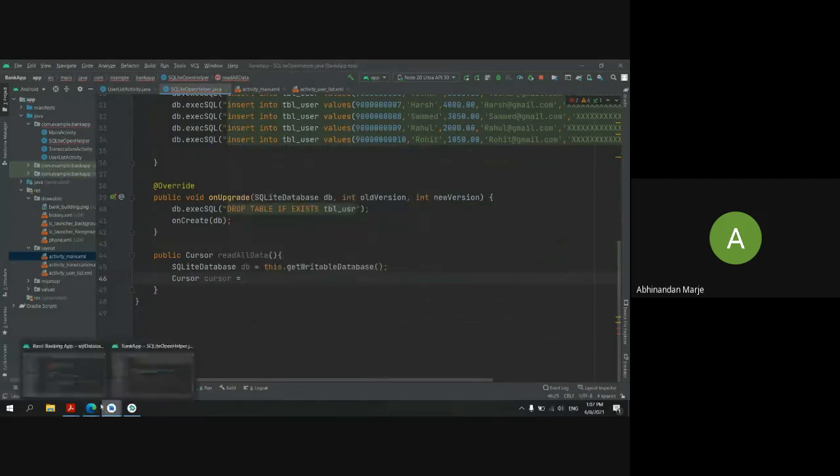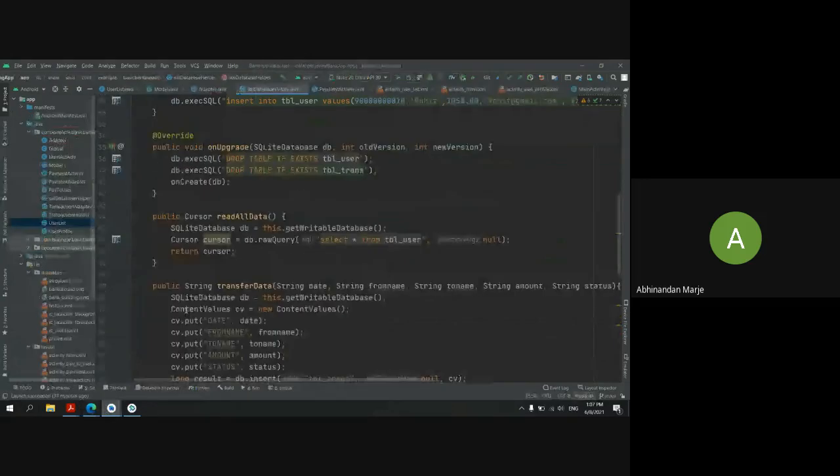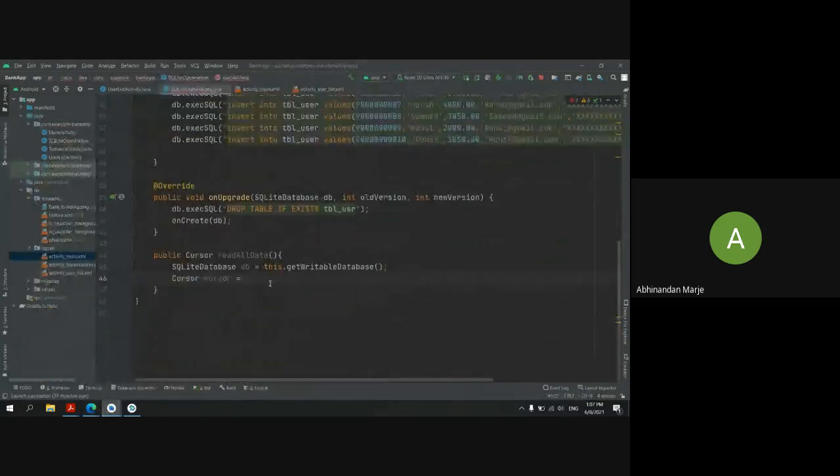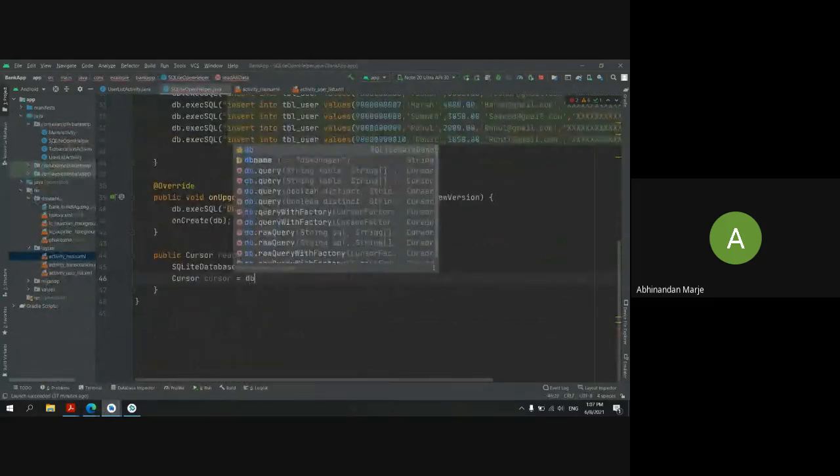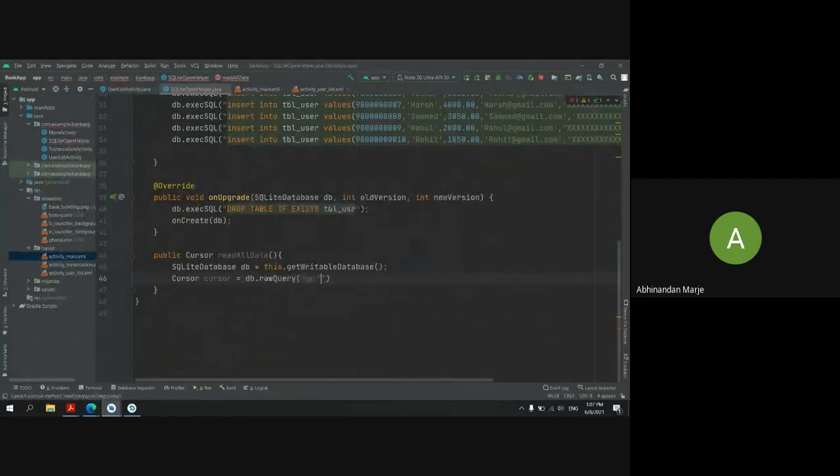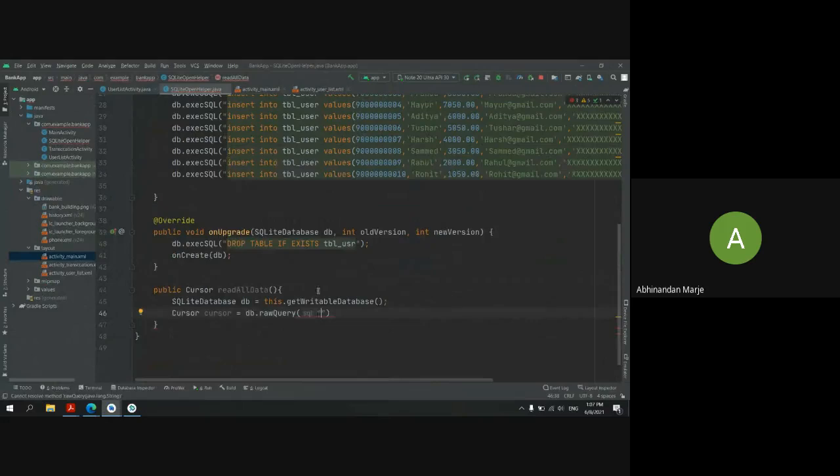What I'm doing now. Yeah, I'm not using database. Database name, which you give, raw query, and I have to pass the query here. Now, to insert the data, this is the query. Your query, if you want to read the data, select,